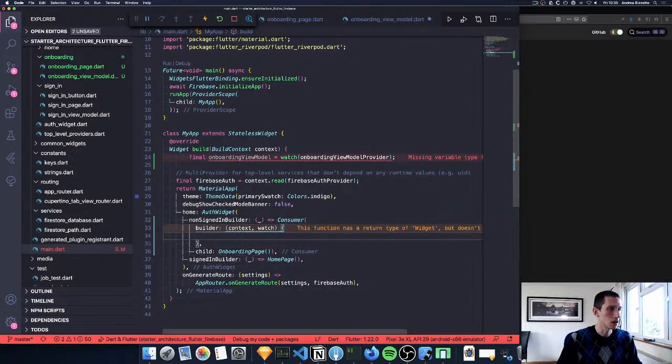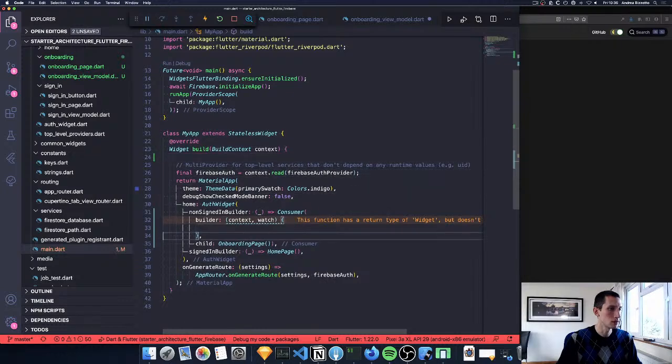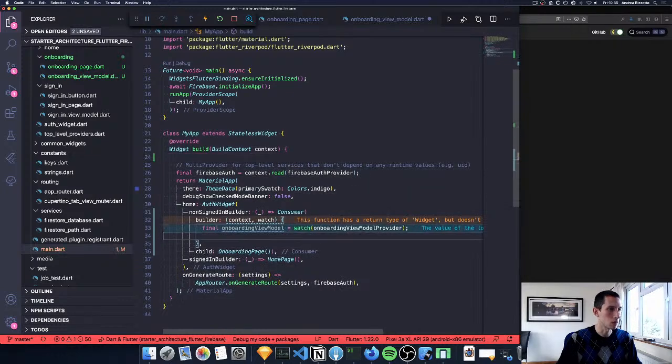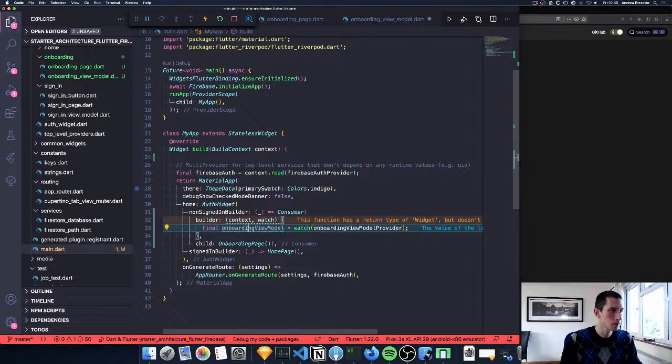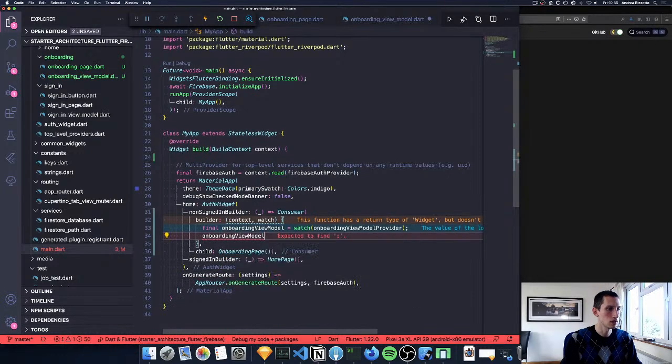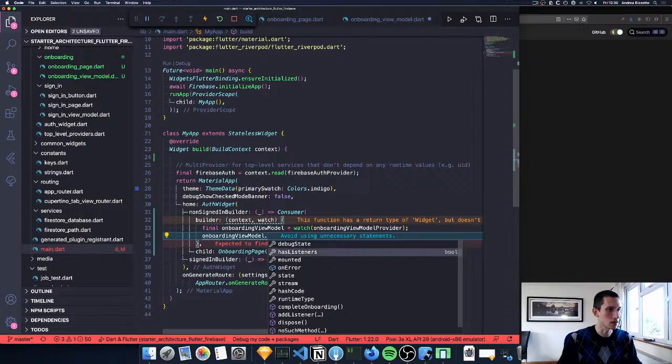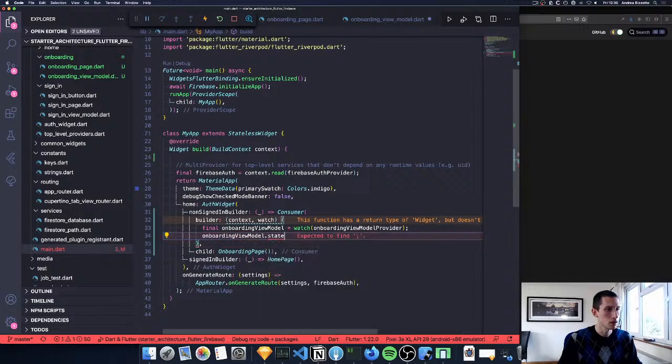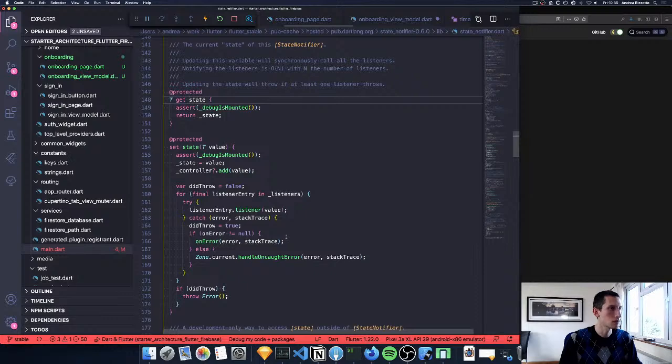And then here I can say final onboarding view model equals watch, and use the watch like this. And then I can say onboarding view model. This doesn't seem to have a when variable, but I could just check the state. And I could say if onboarding view model state is true. I think this may